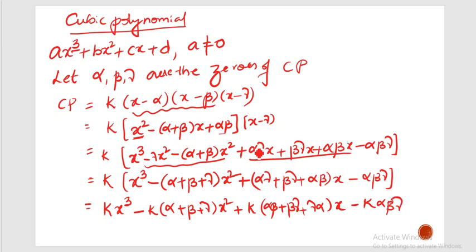So this is the expression I get when I multiply these three linear polynomials, right? Now when I want to bring out the relation between the coefficients and the zeros of the cubic polynomial, I need to compare their corresponding